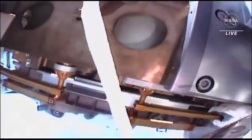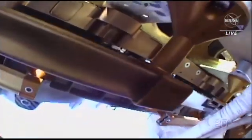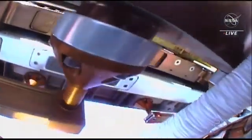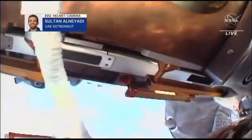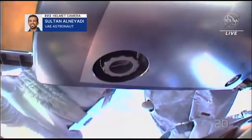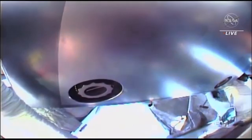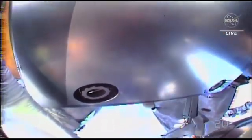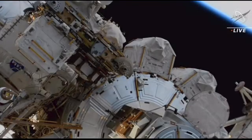All right, I'm at 2003, stopping to drop my green hook. Copy. Green hook to 2003, and just note the barber pole on the one side. And I see it. The space station currently flying 258 statute miles over the South Atlantic Ocean, which we are getting glimpses of in the background of Sultan Al-Neyadi's camera. It just continues straight outbound on. Taking my legs in, and I'm going to see if I can reach the...